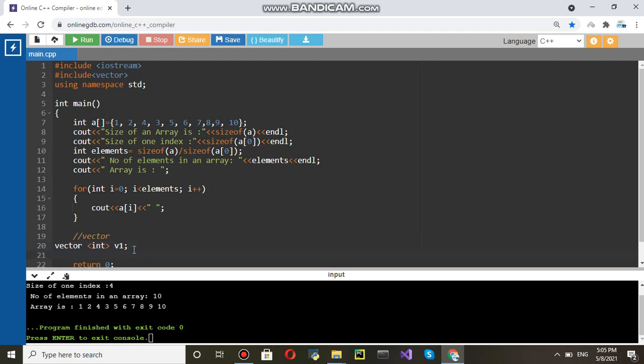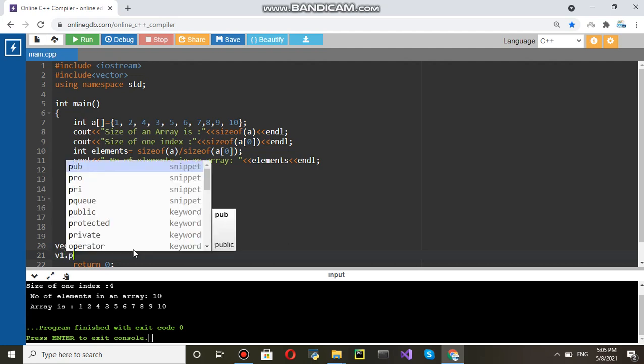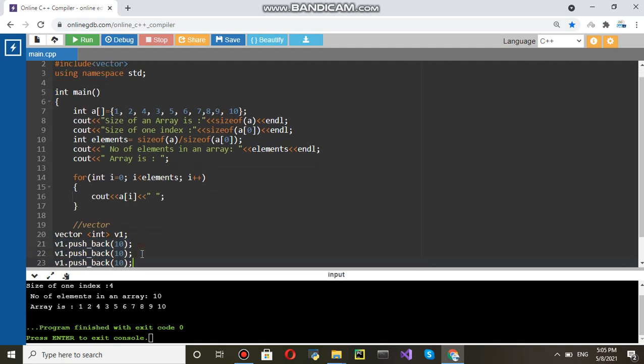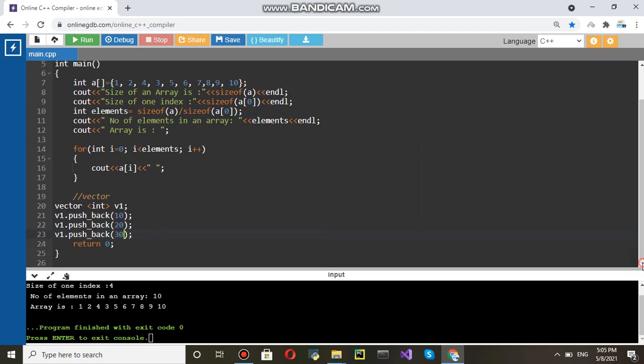So vector v1, then v1 dot push_back and say 10, semicolon. Similarly, Control C and here Control V, then Control V and change this 10, 20 and then here it is 30, right? 10, 20, 30.